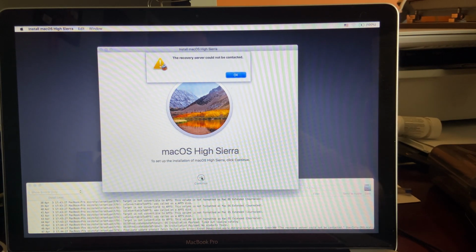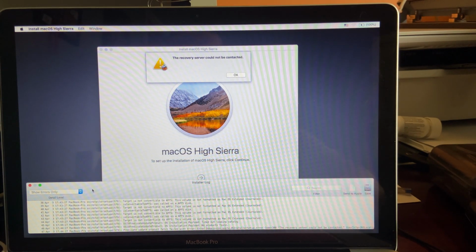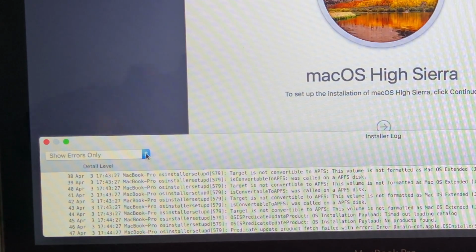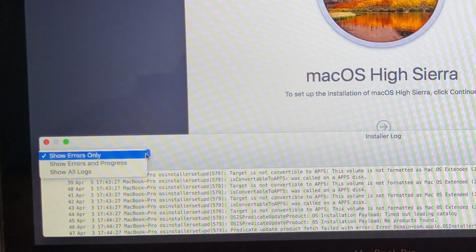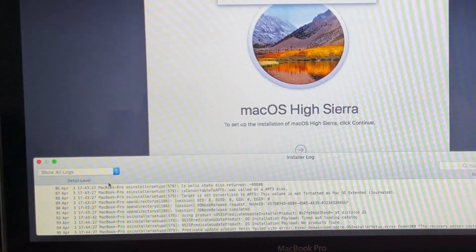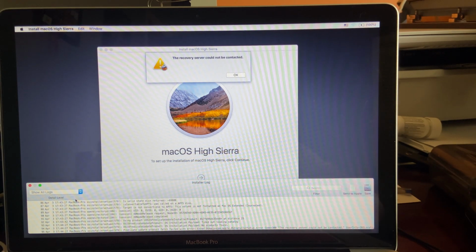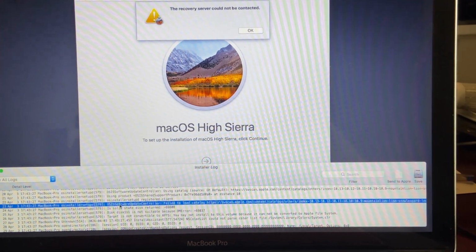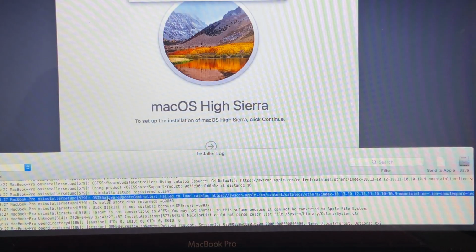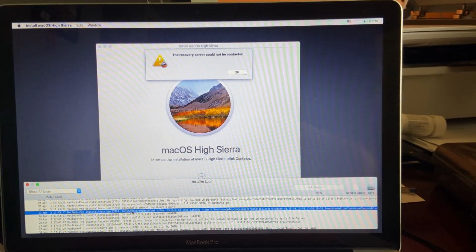Okay, finally, about 20 or 30 seconds later, this guy came up, which is fine. We don't want to hit OK. We want to click down here. And right here where it says show errors only, you want to click that and say show all logs. And what we're looking for is this line here. It's going to say something along the lines of failed to load catalog https scanapple.com blah blah blah. We need to copy that, so do Command C